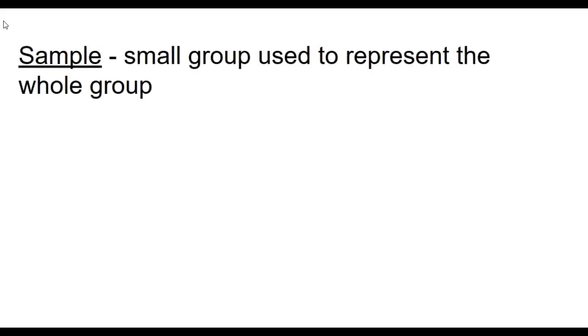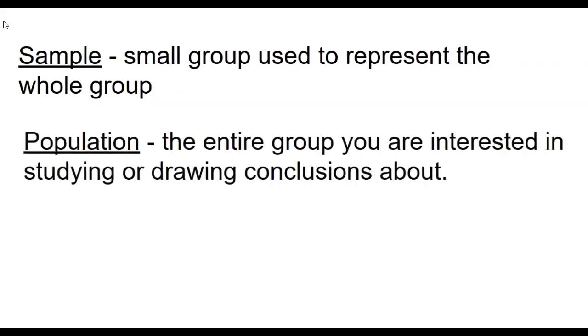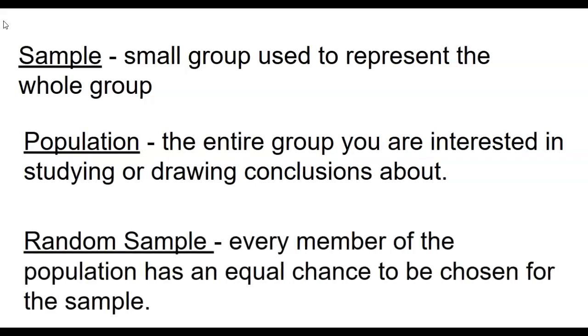Some of the main differences between these studies center around how they choose their participants and how the connections between circumstances and outcomes are controlled. The group of participants is called a sample. This is a small group used to represent the whole group you are interested in studying. The whole group you are interested in studying is called the population. To be a random sample, every member of the population has to have an equal chance of being chosen to